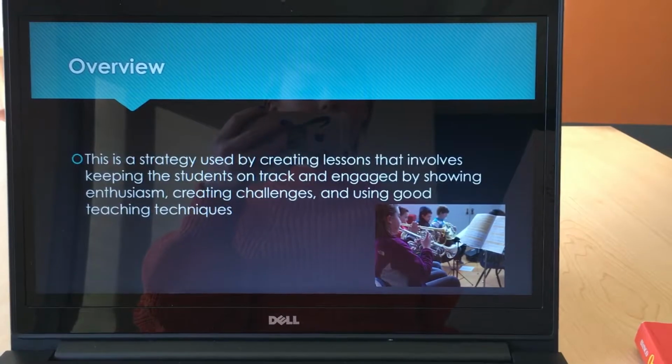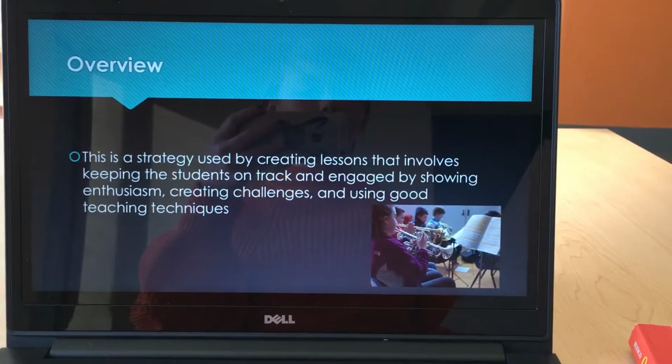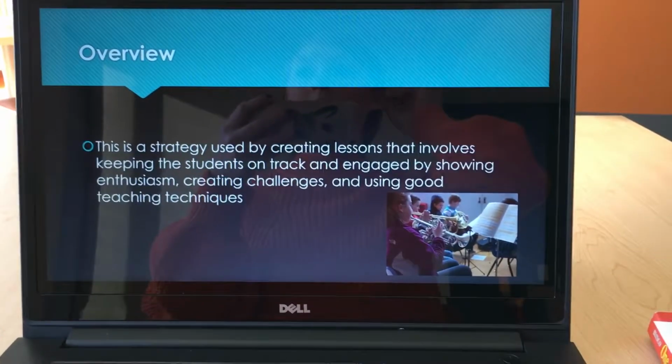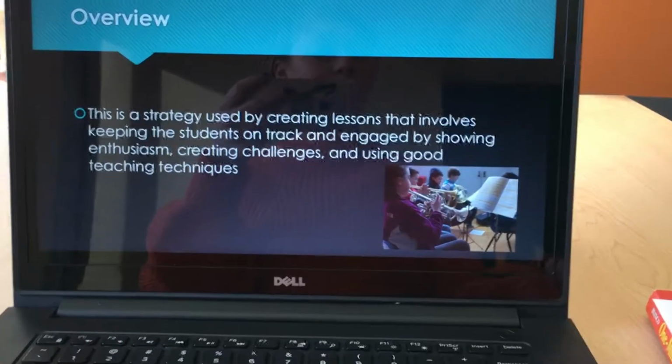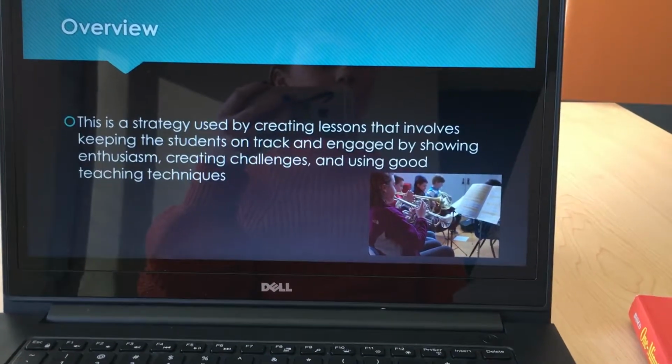So as a music educator, my lessons will be structured so that everyone is fully engaged during rehearsal. What we will be doing in my classroom, I will be teaching band, so this is obviously going to be learning pieces of music.